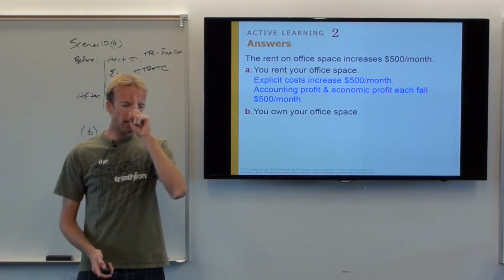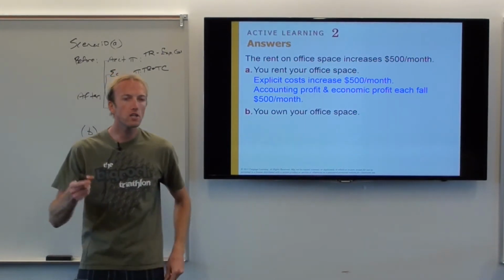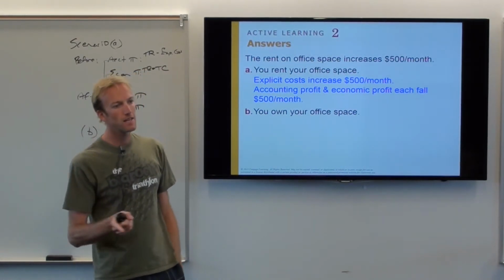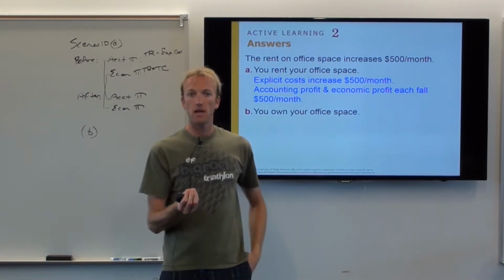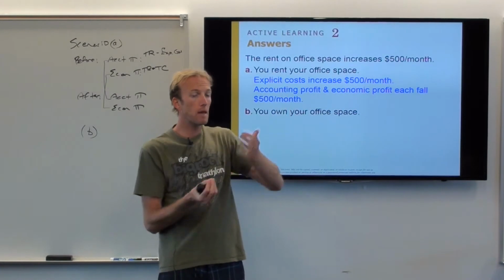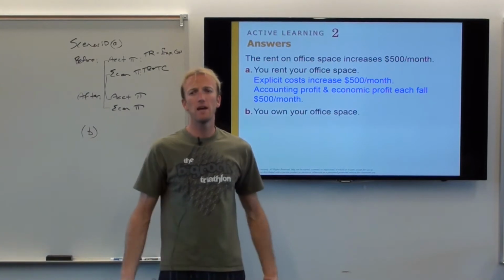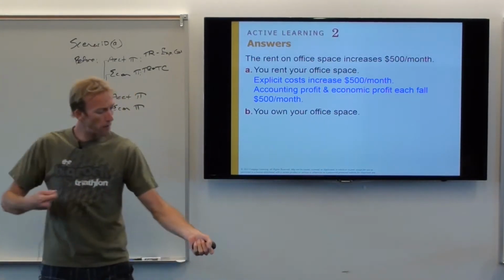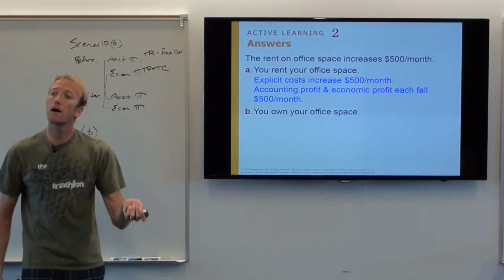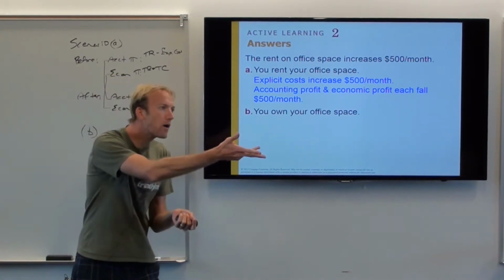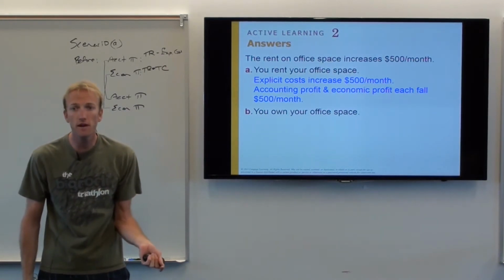However, let's think like economists, not like accountants, because we're economists, we're not accountants, right? What cost are we forgetting about? The implicit cost, which means I own office space. If the rents go up, maybe more people are going to want to buy my office space. Maybe, because it's more expensive. But even more simple than that, if the rents go up, I could just move out of my office space, I own it, and I'll rent it to someone else, right? So the fact that I'm not renting it, I'm losing out on that $500 extra a month that I could be renting it out to someone else. Does that make sense?